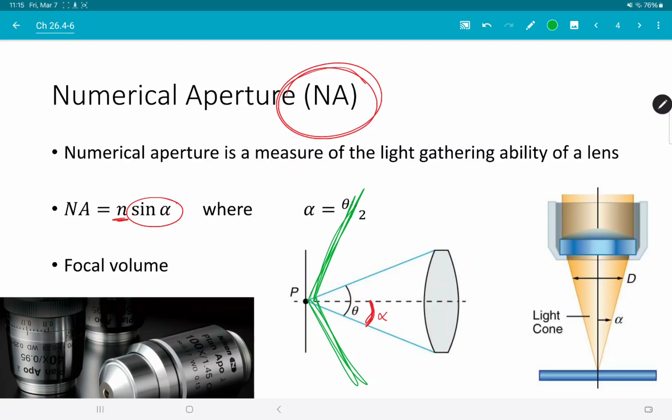I mean, if you look through a pinhole, you're not going to get a lot of light through that. You want a large viewing angle. And if you get all the light from this large viewing angle, you're going to get a lot of light in. Well, there's a problem with that. Is that